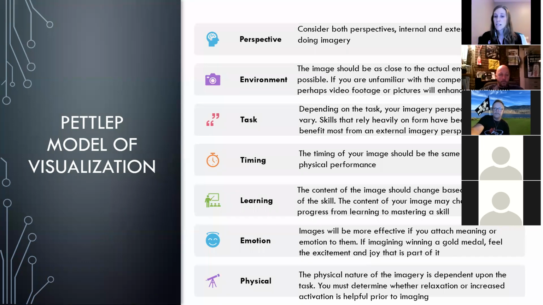So that's okay. It's sometimes just being aware of that happening. In terms of the emotional part of visualization, I prompted at emotions when we were going through that best performance, but our visualizations are going to feel even more real, even more vivid if we have some emotion with them. And so the example here is if you win a gold medal, imagining what that feels like. So imagining the excitement and imagining the joy.